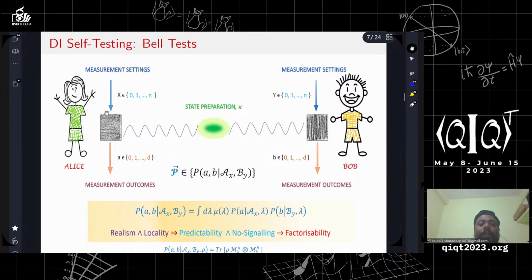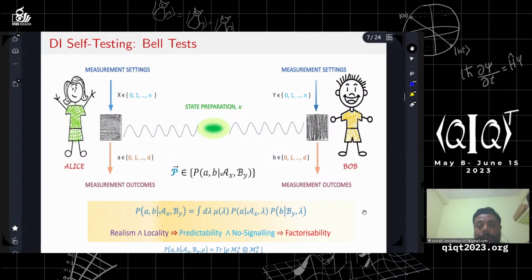Under the assumption that Alice's settings do not affect Bob's outcome and Bob's measurement settings do not affect Alice's outcome. And another assumption is that Alice's outcome does not affect Bob's outcome, and similarly vice versa. So it's called outcome independence. So outcome independence and settings independence, which together imply locality, give you that this behavior is actually factorizable in the ontic